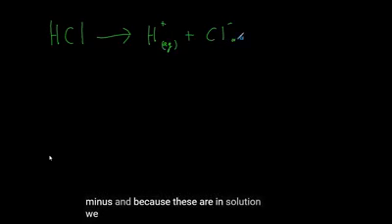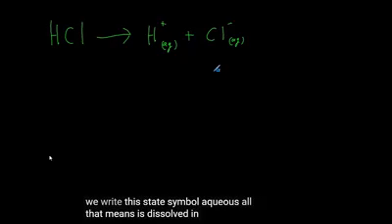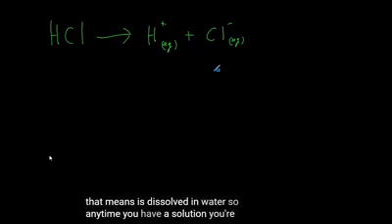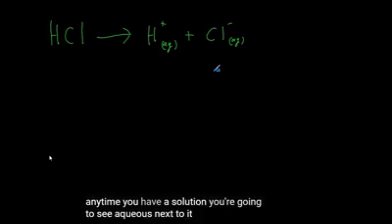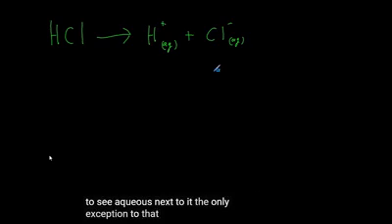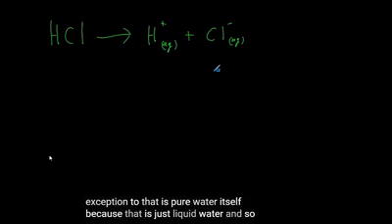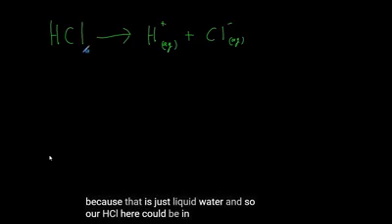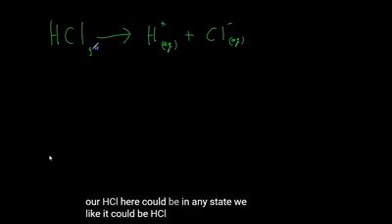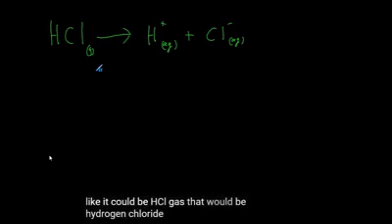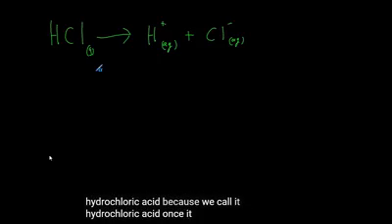solution, we write this state symbol, aqueous. All that means is dissolved in water, so anytime you have a solution, you're going to see aqueous next to it. The only exception to that is pure water itself, because that is just liquid water. And so our HCl here could be in any state we like. It could be HCl gas. That would be hydrogen chloride gas rather than hydrochloric acid, because we call it hydrochloric acid once it is actually